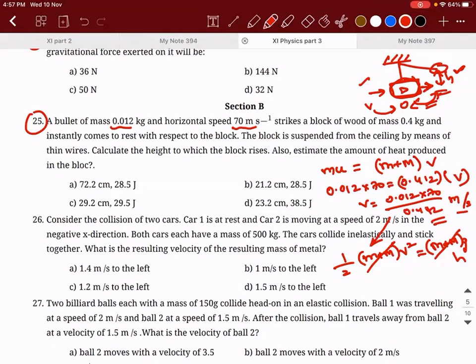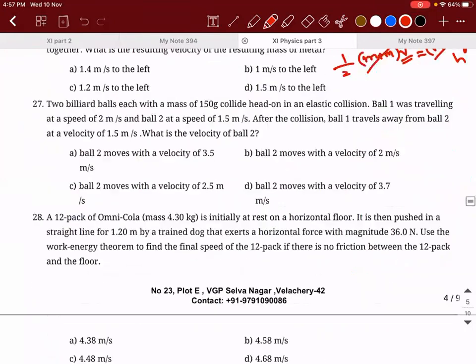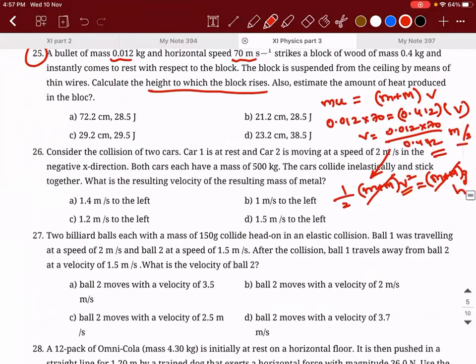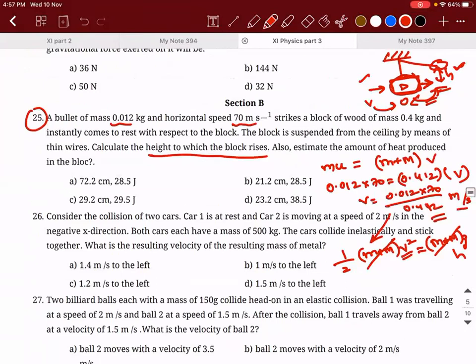But when it reaches that height, kinetic energy becomes 0, no? Because that is the maximum height. Yes, that's what they told. Calculate the height to which the block rises. Means after that point, it will stop or it has to come back to its original position. Okay, sir, got it. So you need this velocity to calculate this. This is slightly tedious, but you guys can try it out. From question 26 onwards, we'll see it in the next class. Okay, so that's it, guys.